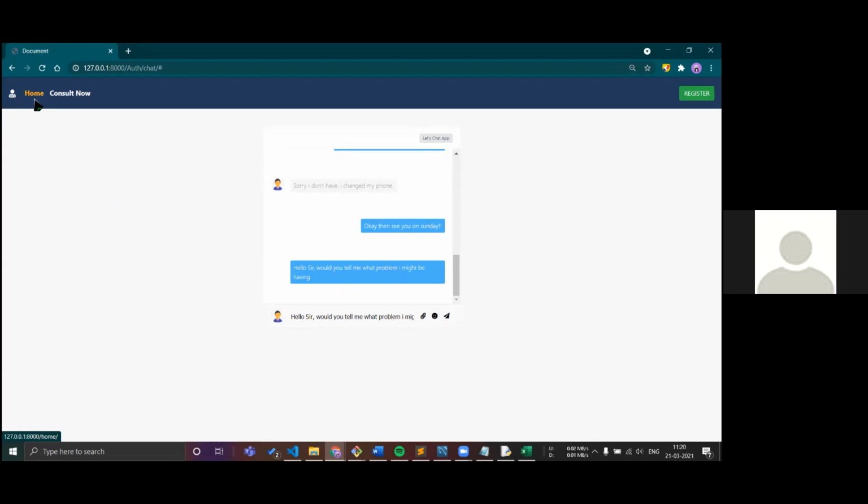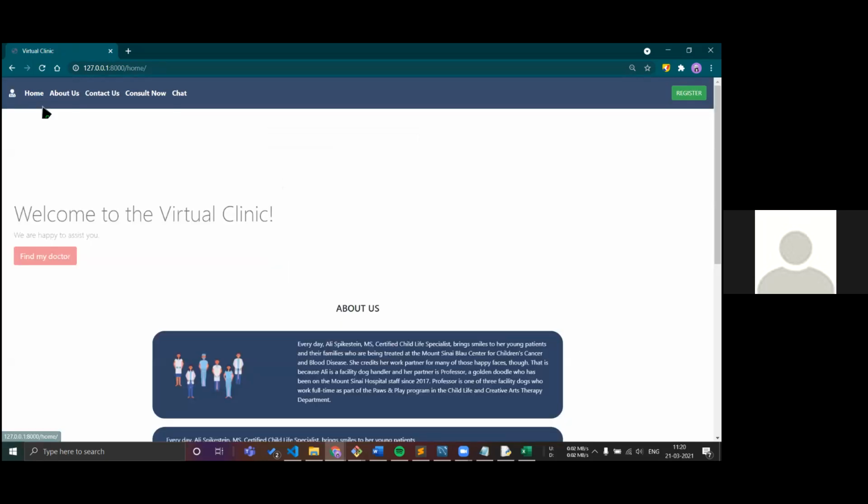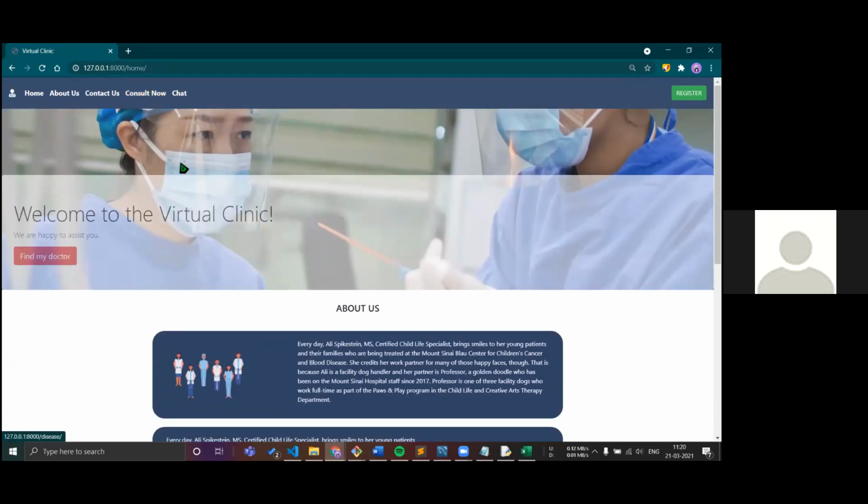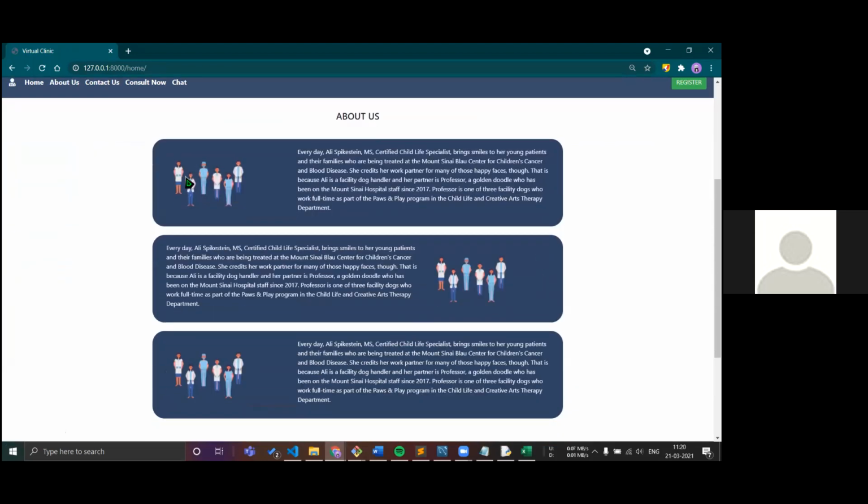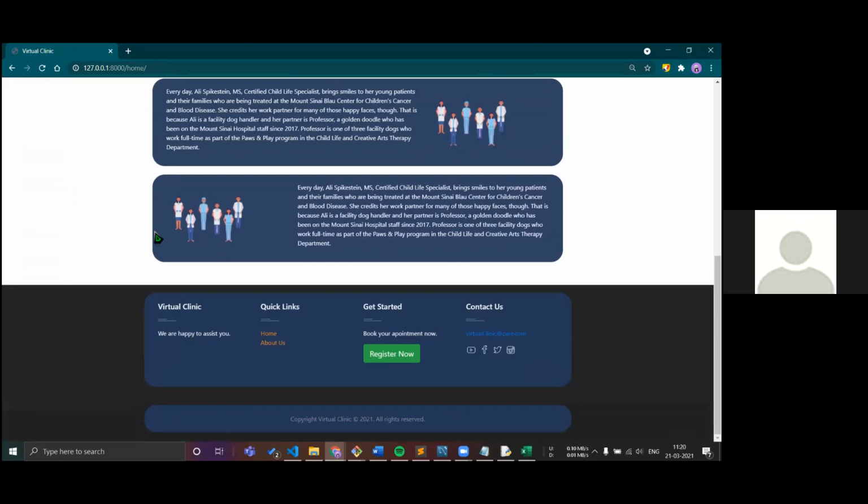The entire UI has been made user friendly for the user to navigate easily throughout the sections. So this was all about the virtual clinic, and we plan to make many features in this. In the future, we plan to take the previous medical records of a patient, run some machine learning algorithms on them, and predict the doctor he may choose or the disease he may have in a similar way.